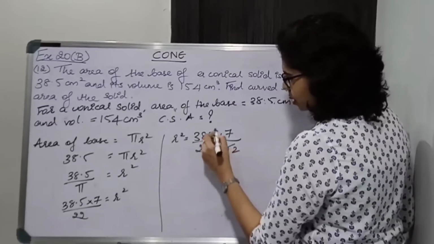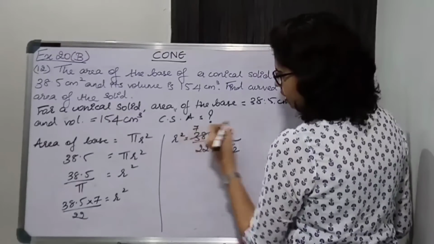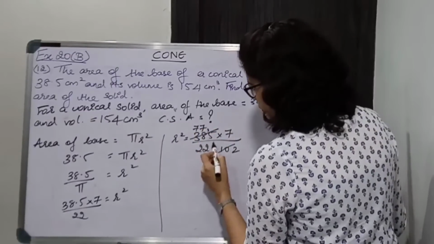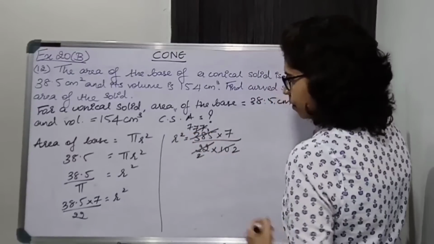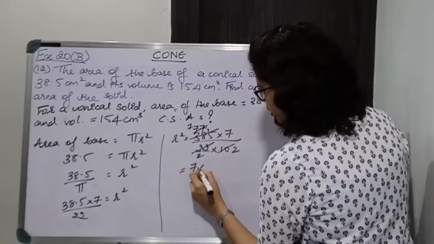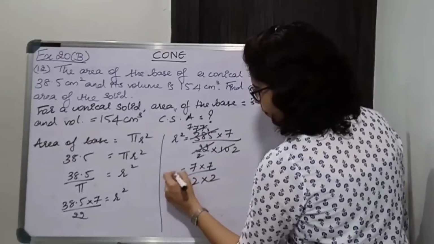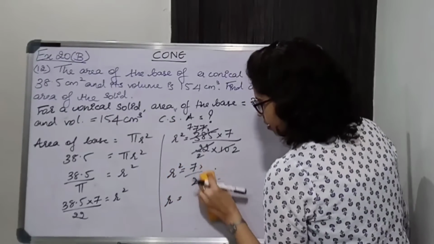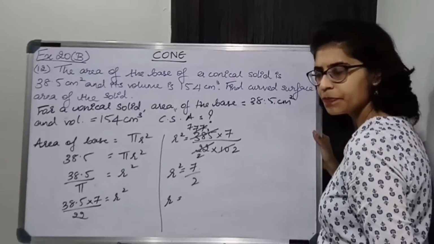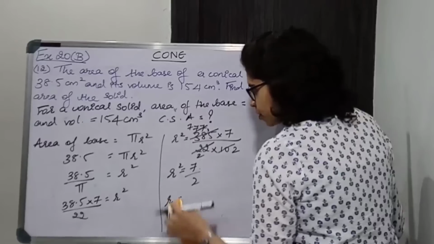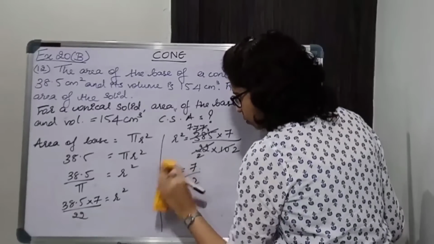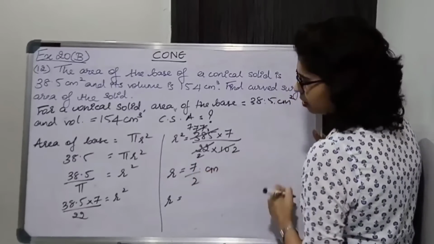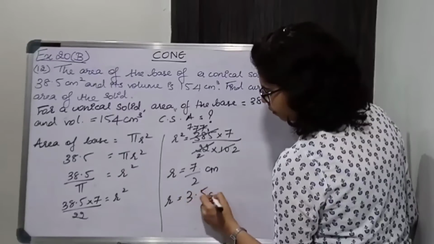ठीक है, 5 2 ज़ा 5, 7 ज़ा 35, ठीक है, and 3 is remaining, so 5 7 ज़ा again, so 11 2 ज़ा 11, 7 ज़ा, so we have 7 into 7 upon 2 into 2, this is r square, तो r क्या हो जाएगा, ये कट हो जाएगा, ठीक है, so 1 7 and 1 2 will go away, so we are left with 7 upon 2, so r is equal to 7 upon 2. I'm skipping the steps, don't skip the steps, okay, so 7 by 2 centimeter, that is nothing but 3.5 centimeter,